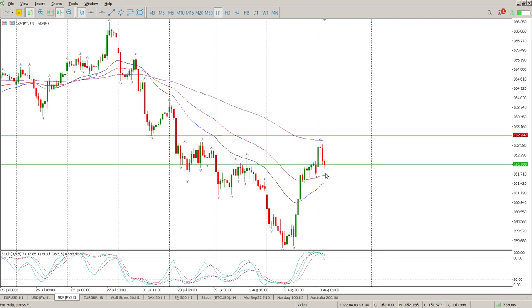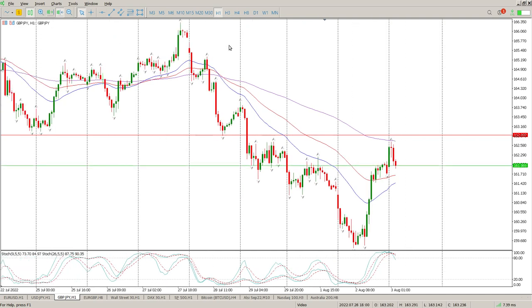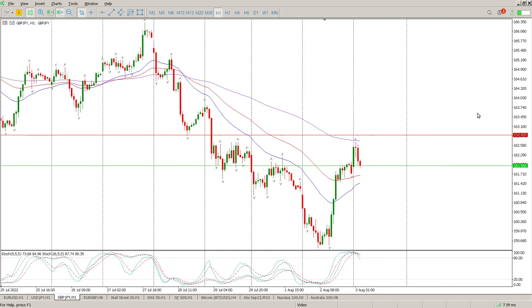We haven't got to it yet. We're in between moving averages. Everything is just indicating be very careful. So if you start getting above this and start finding support at 162.897, then this gap at the top is going to be a fairly strong magnet to go and close. But for now,